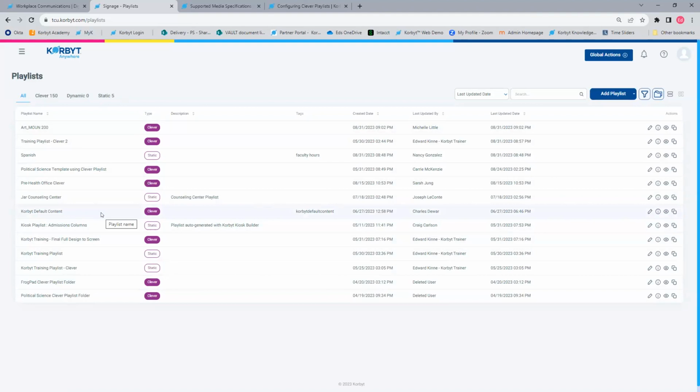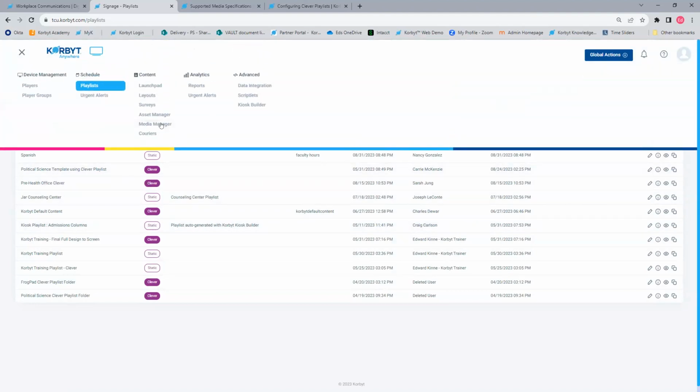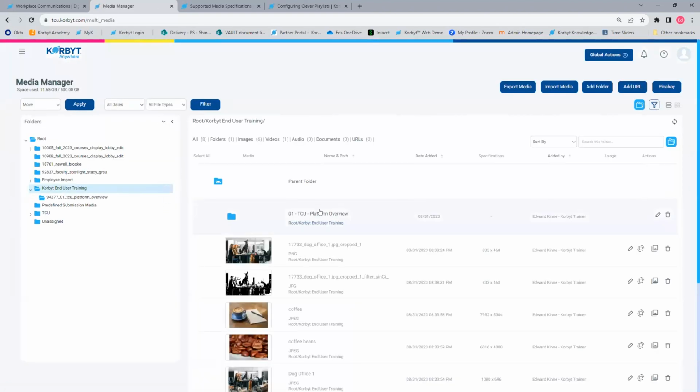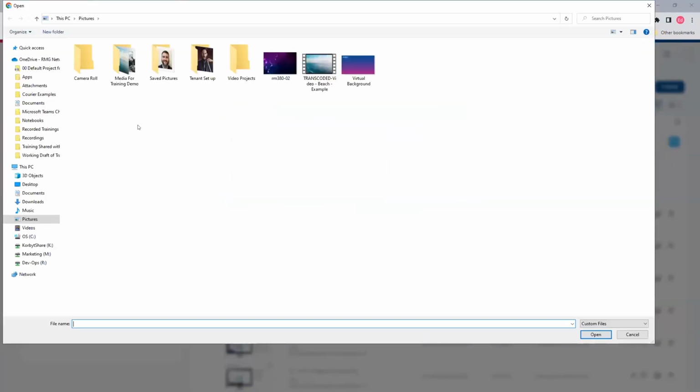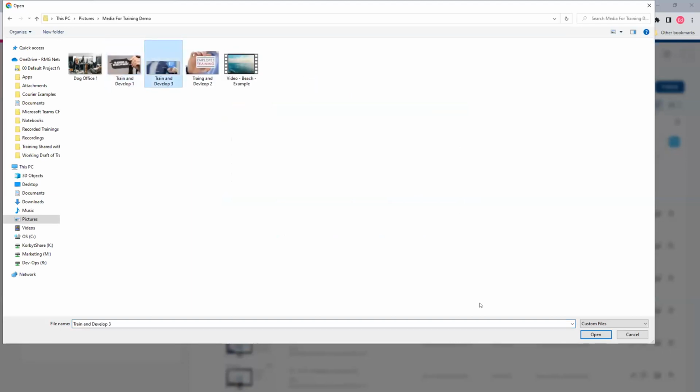I just want them to be able to add things. There's a level of access in Korbyt called content author that would give individuals access to folders that you want them to have access to, with the ability to add items into a folder. So if you've already built the automation that says the items in this folder should be seen, your content authors can just go to that folder, import an item,